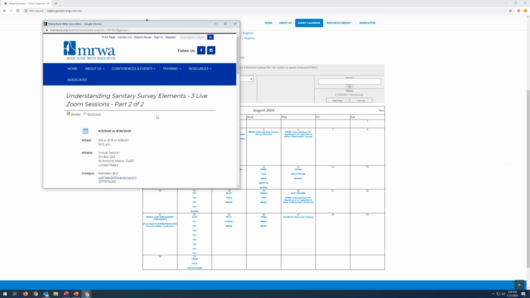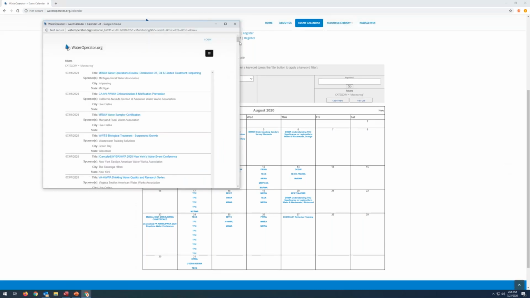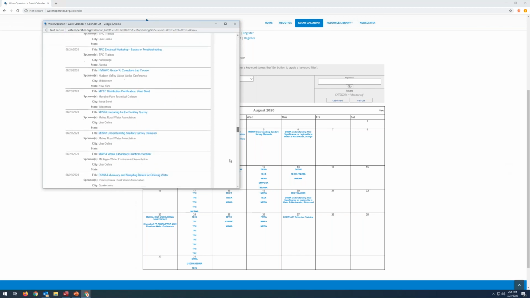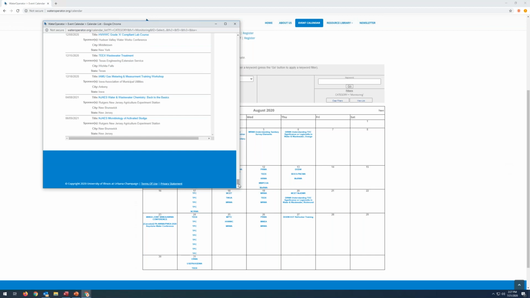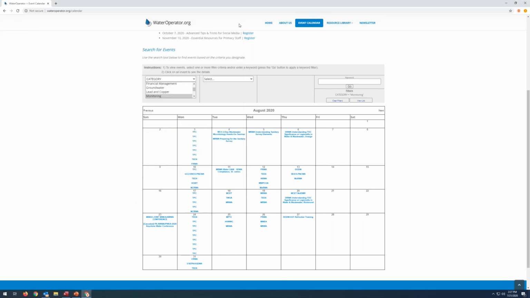You also have an option, since this calendar can sometimes be cluttered, to view the list, which should populate every single event that applies to that criteria from today's date to as far as the records we have, which currently go up to June of 2021. So this is an easy way to search for training events that you're looking for. If you need training credits by a certain date and you want to learn about certain topics, you can definitely use our calendar to search for events related to it.